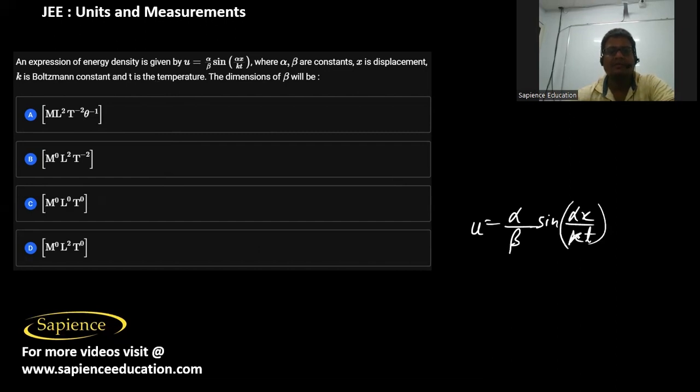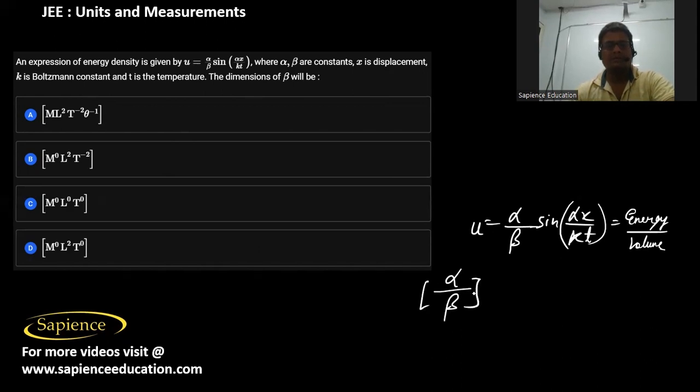This is the expression for energy density, which means energy per unit volume, where alpha and beta are constants and x is the displacement, k is the Boltzmann constant, and T is the temperature. The dimensions of beta will be found now. The dimension of alpha by beta will be the same as the dimension of energy density,